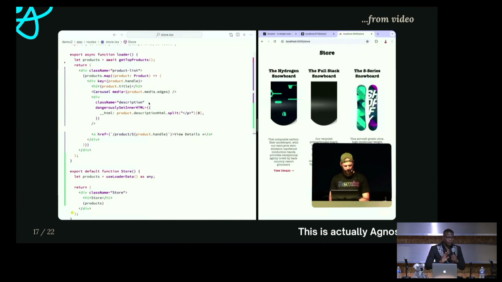So for now RSCs are not yet implemented in React Router v7, but this is how Ryan Florence was showing that the team would do it. The idea that the team has is that you will be able to take your code from the client and bring it to the server, because the loader, which is right here, still runs on the server, but the default function runs on the client. And so you would effectively take your code and run it on the server and just return the actual output